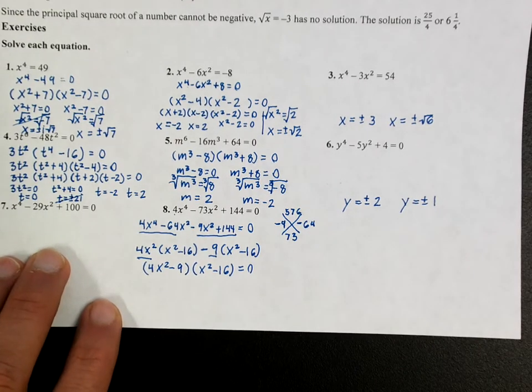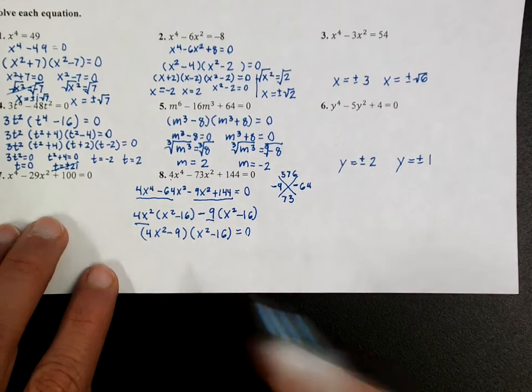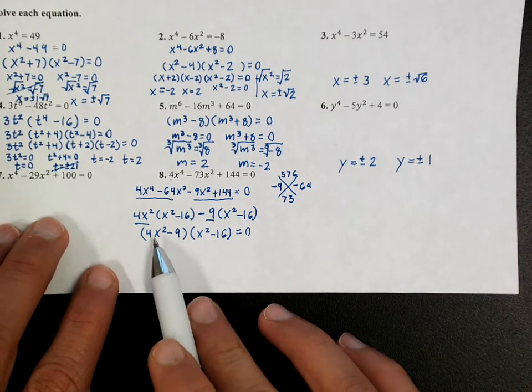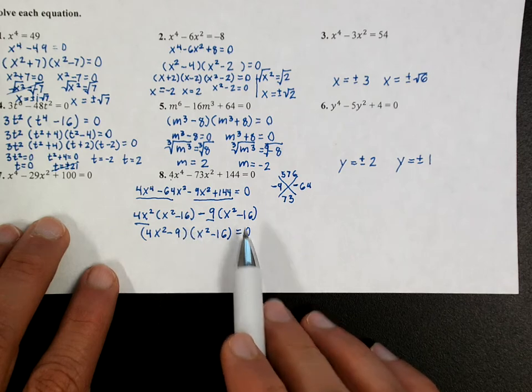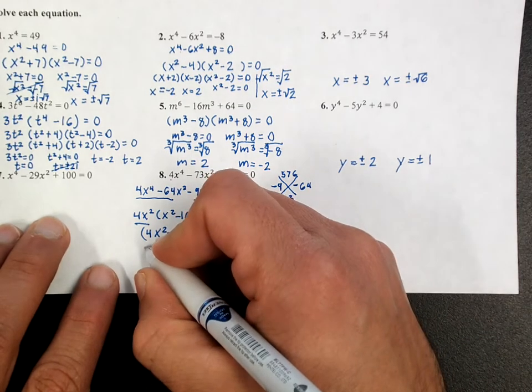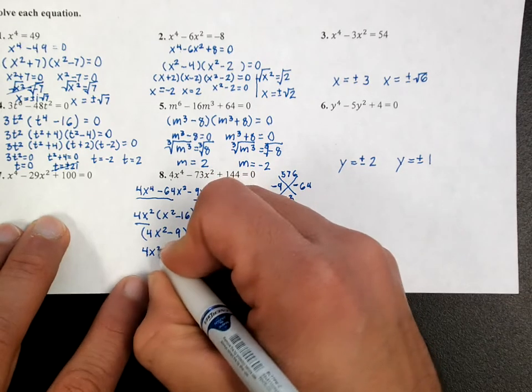Excuse me. So after I've done that, you can keep factoring if you like, okay? And there's nothing wrong with that. And as a matter of fact, this should be 2x plus 3, 2x minus 3, and this one would be x plus 4, x minus 4. All right. However, I'm going to show you a way to do that if you want to do it. Just set each factor equal to 0,